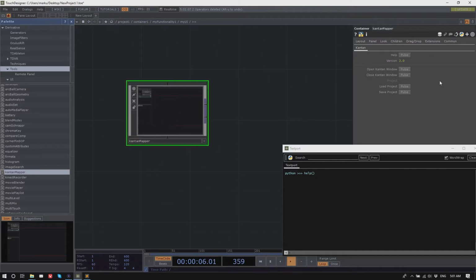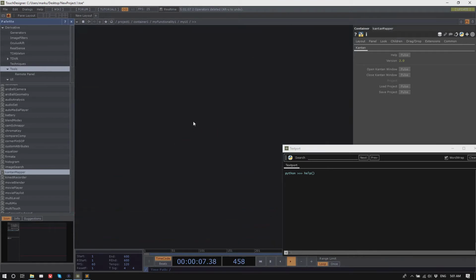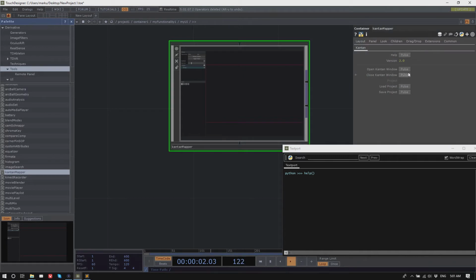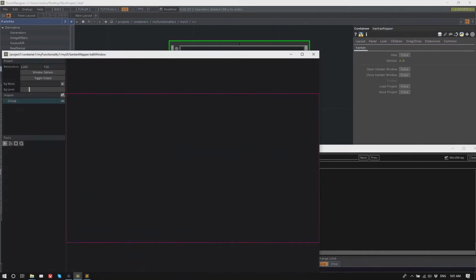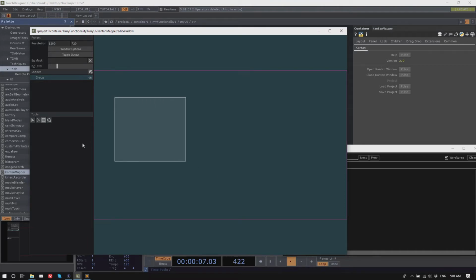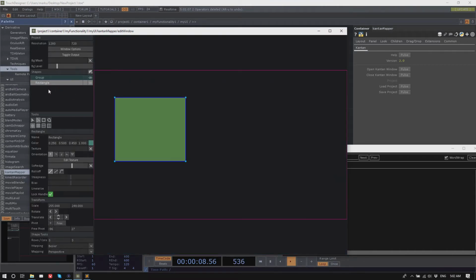Okay, so in Kantan Mapper, I can create these shapes basically, and these shapes can be inside of folders.